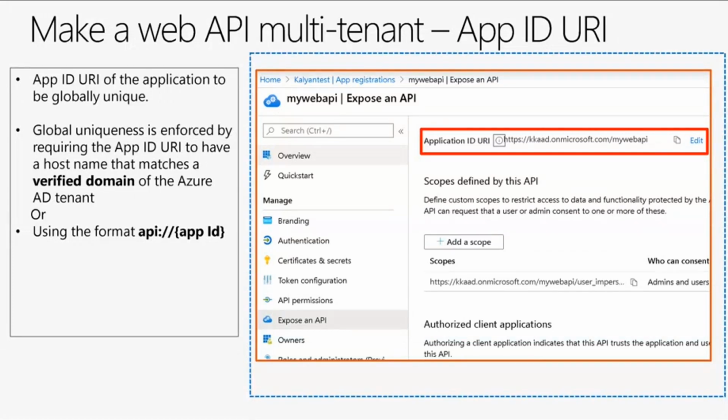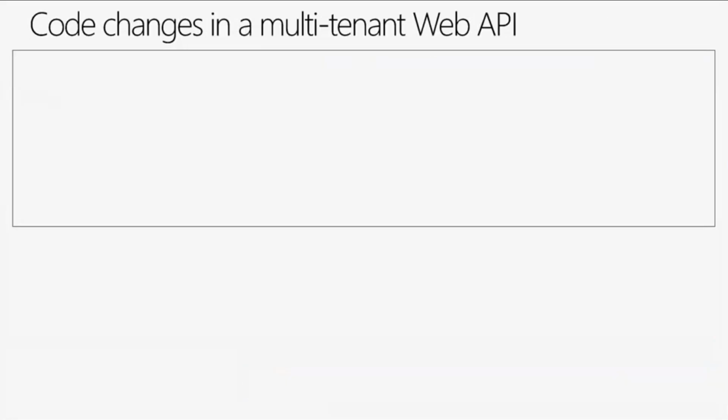So for example, in this case, my verified domain, kkaad.onmicrosoft.com, is used in the app ID URI. Or, for those of you who have used this blade recently, we generate the app ID URI for you using the api://appID format. App ID is guaranteed to be unique across all Azure AD tenants, and that gives you an app ID URI which is unique.